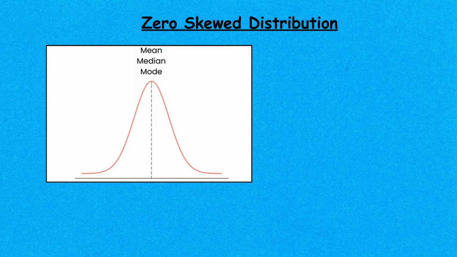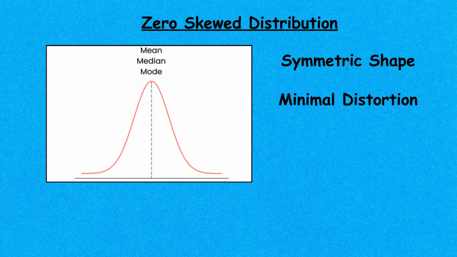Now, in a zero skew situation, which means the data distribution is symmetrical, the left and right tails are balanced with minimal distortion. This creates a bell-shaped curve, like the normal distribution we often talk about. In this case, the mean, median, and mode will all be very close to each other. Therefore, when the data is symmetric, we can safely use the mean, or average, as a good measure of central